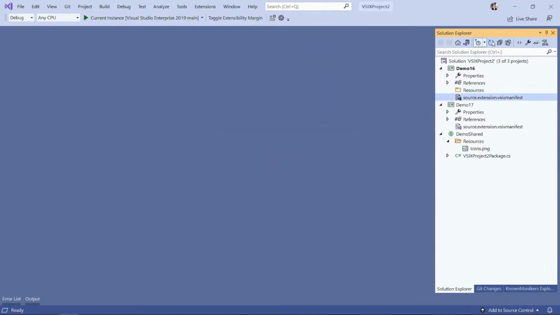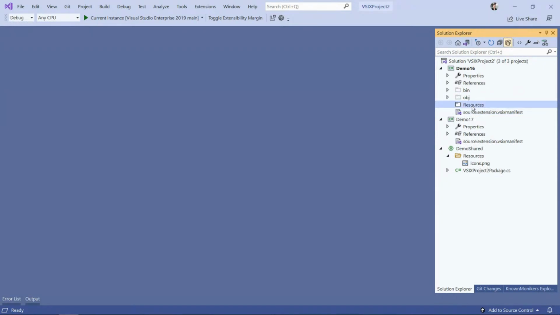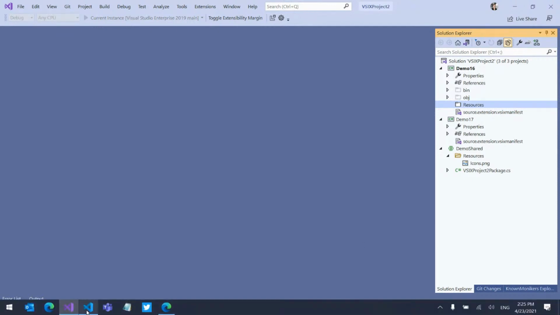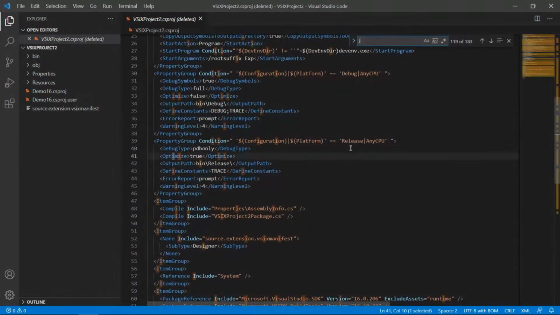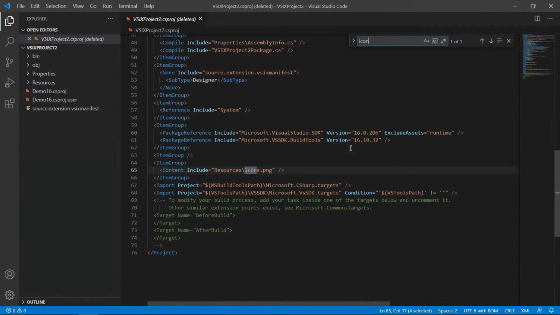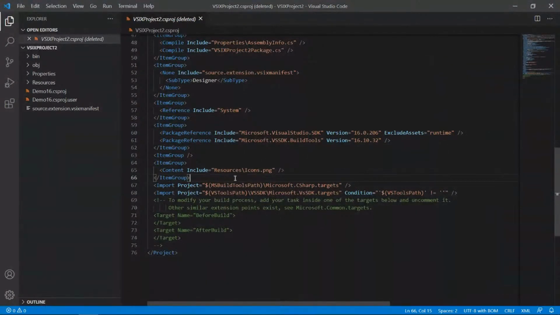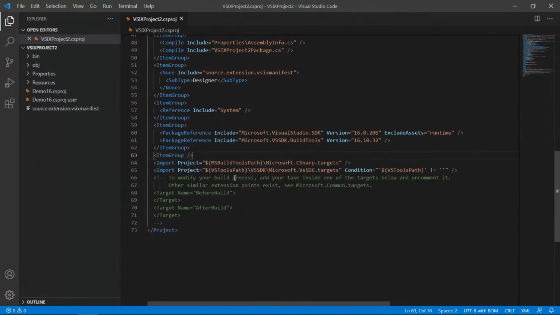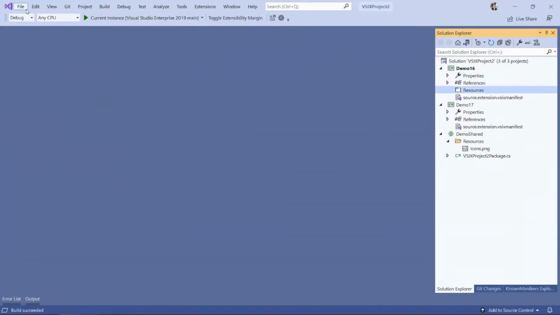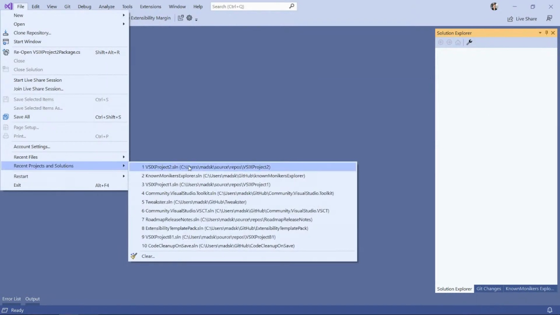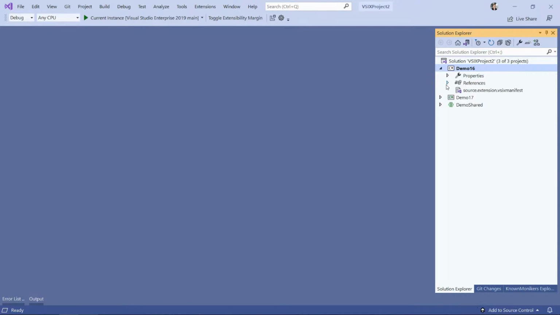What? Well, that's weird. Really? I'm just going to build it here and see what happens. They're already to icon. How can there be a link to icon? Oh, it's right there. That's weird. Let's get rid of that. I don't know the syntax for this. Okay, let's close this. Open it again. Okay, so now we're good to go.